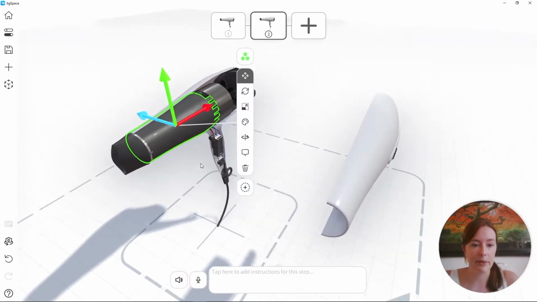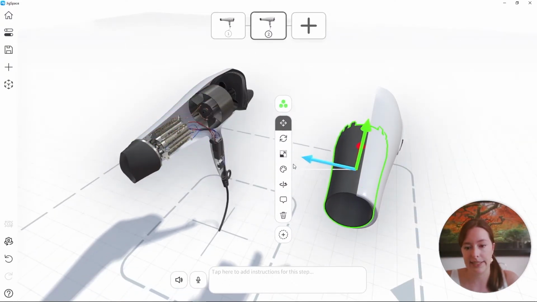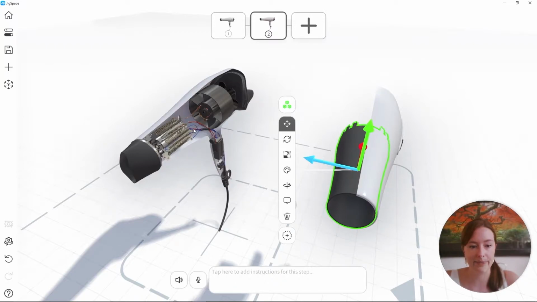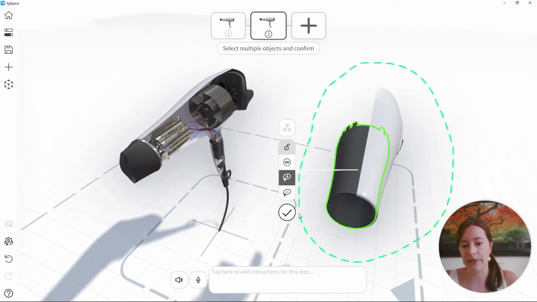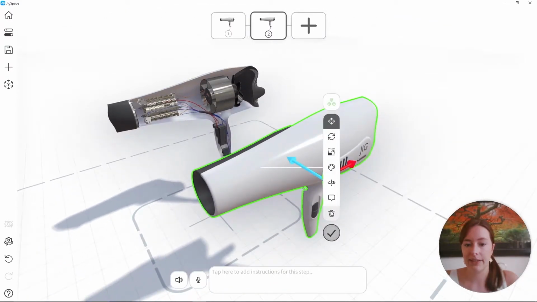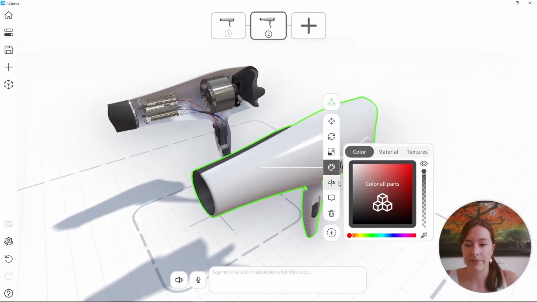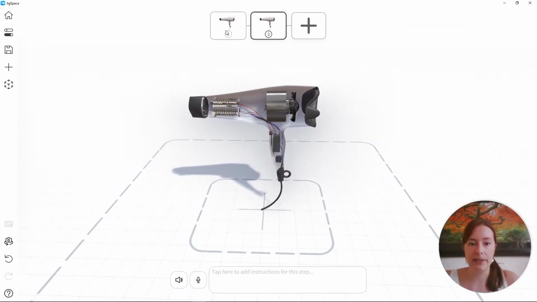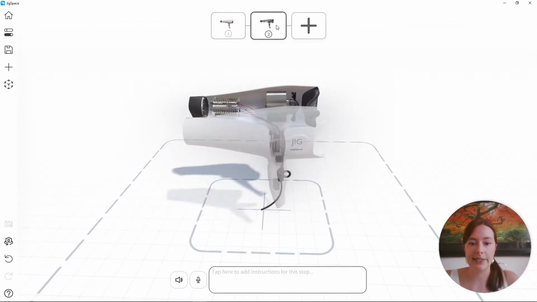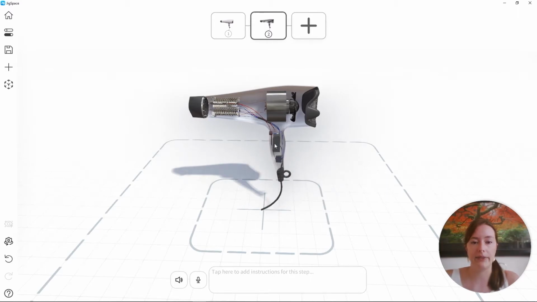I'd also like to have the barrel out of the way as well, so that I can see those internal components there. Now with these out of the way, I'm going to go to the multi-select menu and use the lasso select tool to select them together in one group. And then if I go to color, I can use this hide button to make the transparency turn on. And now when I go from step 1 to step 2, I get a nice smooth transitional fade out of those objects.